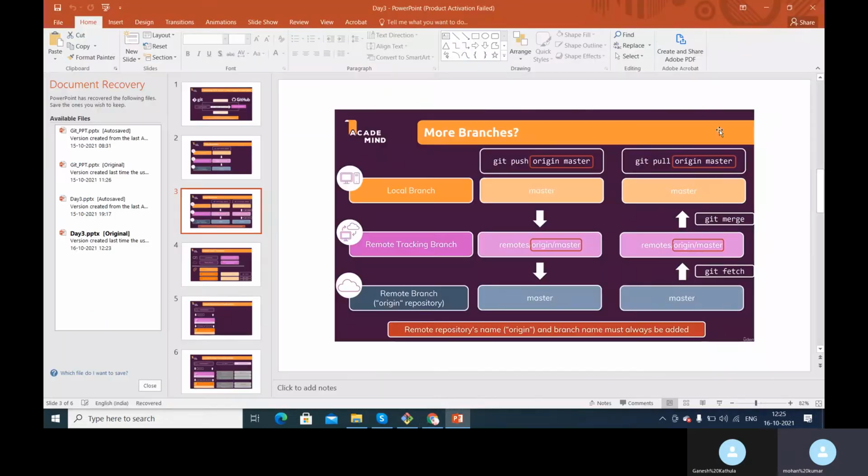We created a local tracking branch. This local tracking branch will monitor the remote tracking branch, and the remote tracking branch will keep monitoring the remote repository. Whenever we do git fetch, the details will come onto the remote tracking branch. When we say git pull, these details on the remote tracking branch will come onto the local tracking branch. So we created a local tracking branch that way.